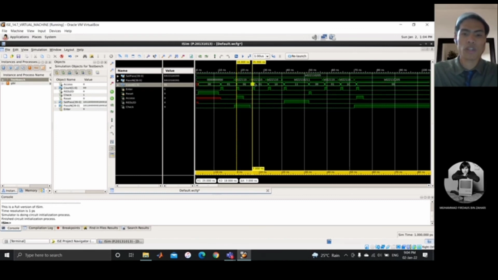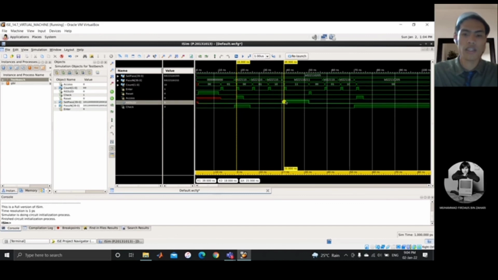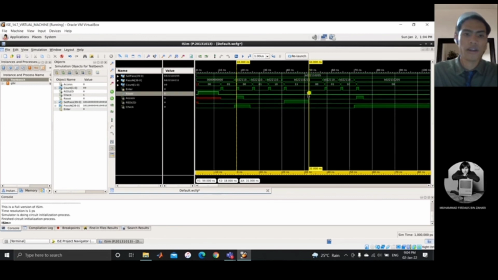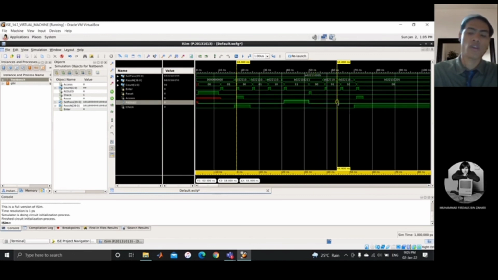If I put the wrong student ID 3 times, I will get the red LED high. If I put the reset, I will get the red LED low. We can conclude that if we put the wrong password 3 times, I will get the red LED high. And if I put the correct input, I will get my student access ID. So thank you for my explanation in part 2.